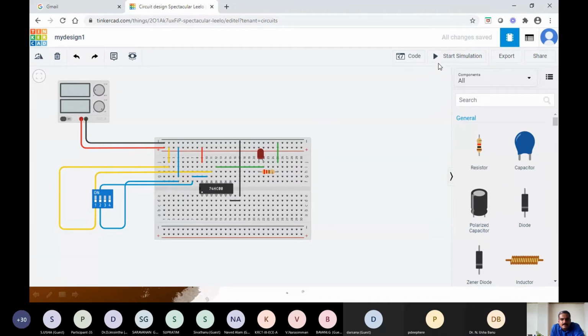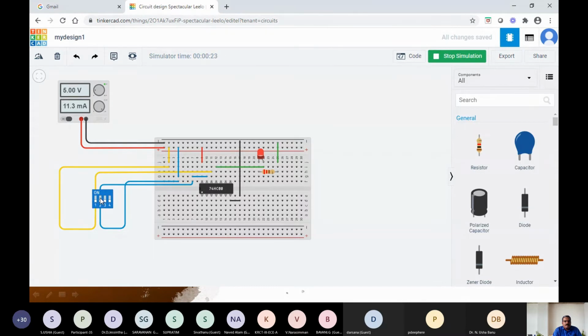Okay, so let me check with the simulation. For a NAND gate, it is the inverse of the AND gate. Whenever both the inputs are high, your output will be low. In this case, both the inputs are low, that is 0, 0, your output is 1.